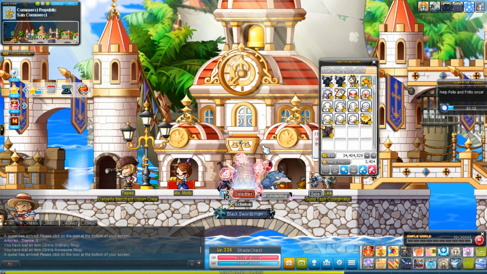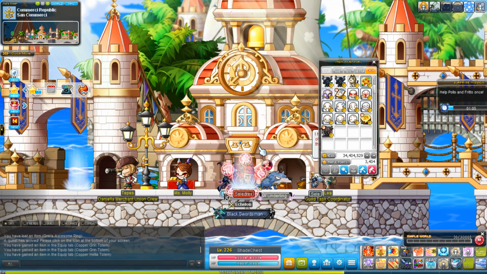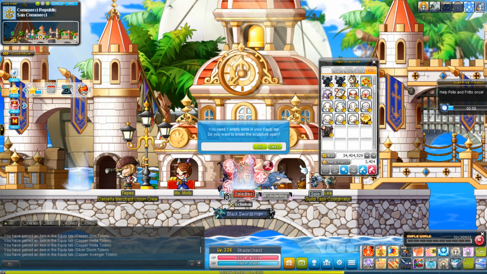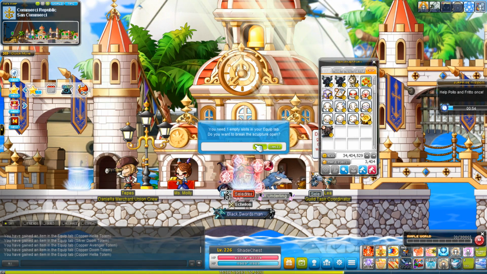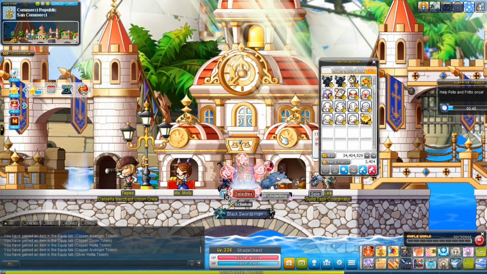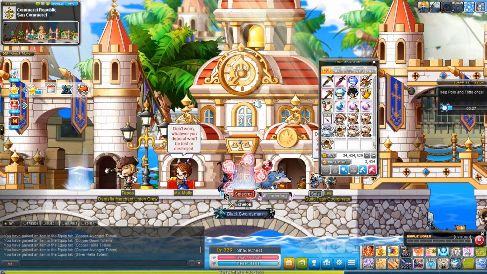Alright, let's do it. Copper. Copper. Copper. Wonder if I'm just going to get all coppers. Ooh, got a Silver Doom. If I can get a Dark Doom on the first day, that would be nice. Copper. And finally, last slot. Silver. Alright. Day 1 of Dark Doom totem hunting, not going so well, but there are still plenty more days,